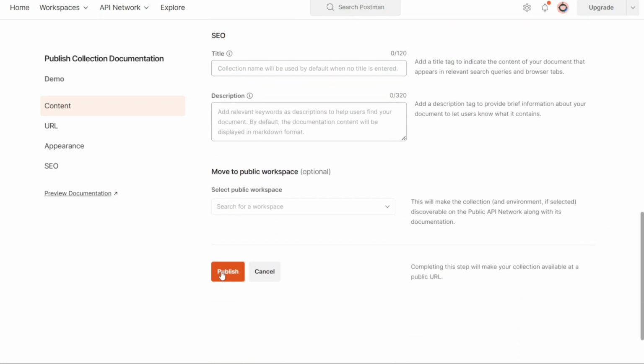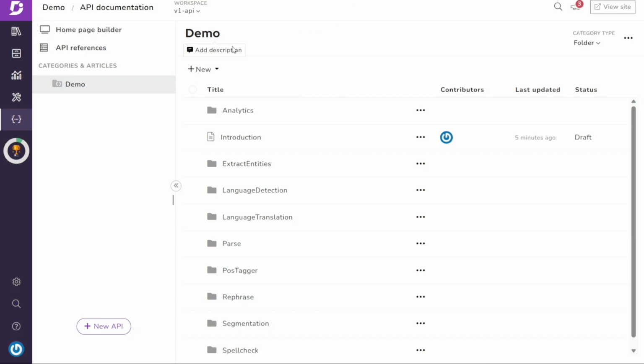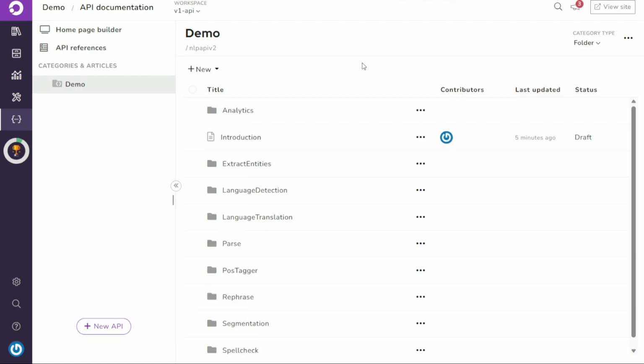of outdated documentation. Similarly, Document360 focuses on keeping API documentation up to date. It offers seamless updates, which means that whenever there is a modification to the OpenAPI specification file, Document360 automatically updates the corresponding API documentation. This feature ensures that any changes made to the API are reflected accurately in the documentation. By automating the update process, Document360 saves time and effort for developers and helps them maintain the accuracy and relevancy